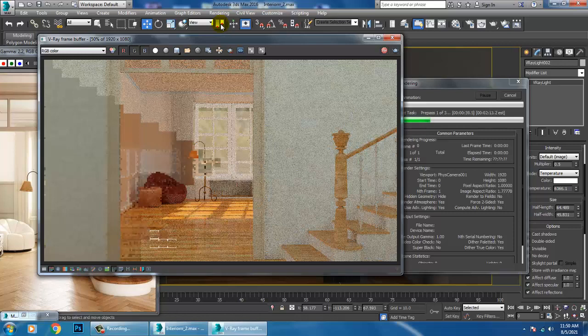I think we have to reduce the reflections of the flooring part, because the reflections are very high.